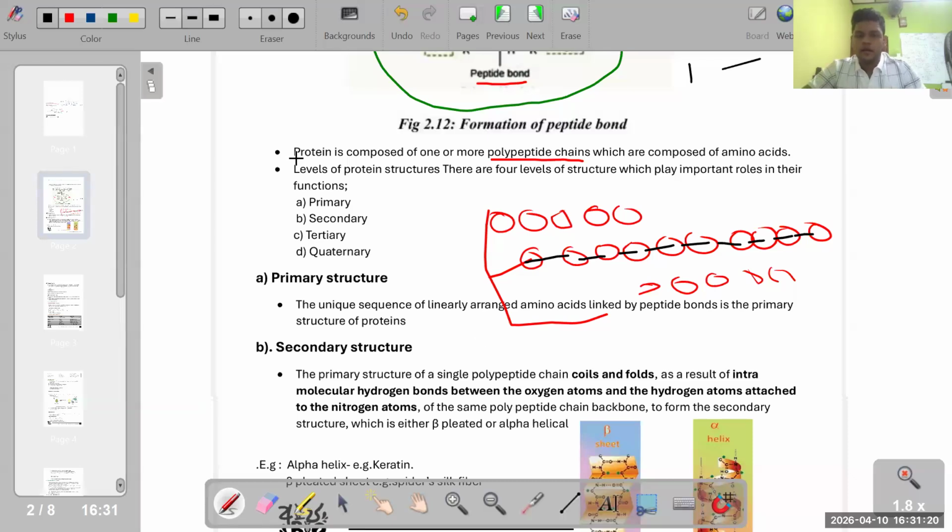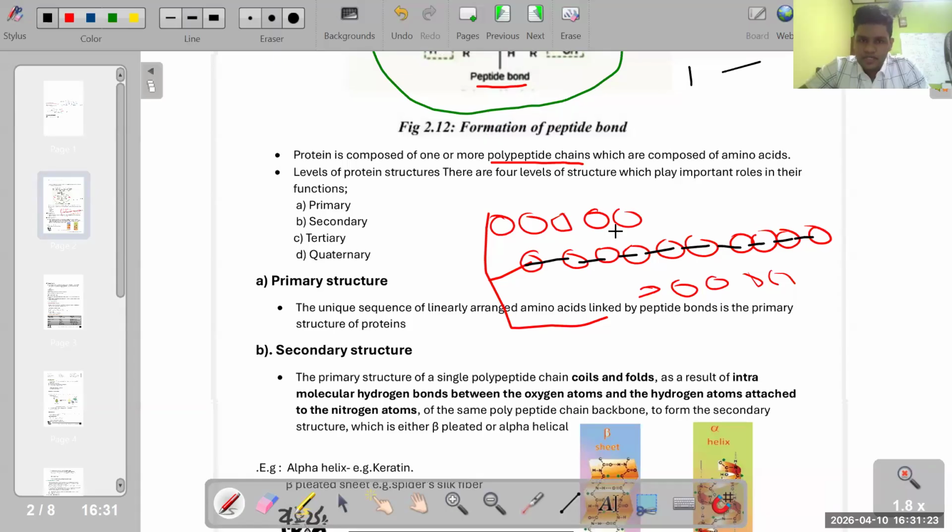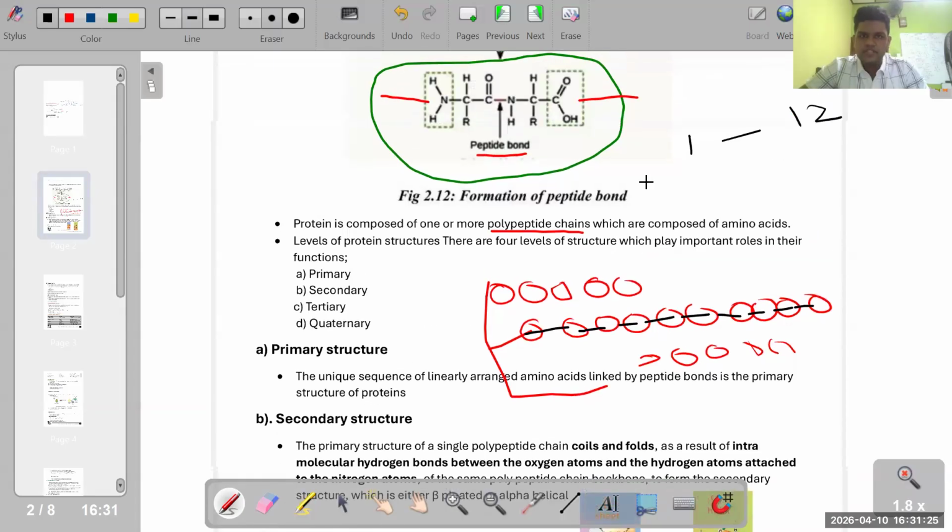Okay. Now, like in our school journey, where there are several stages. First, we'll be in kindergarten, then we'll go on to the junior school, then to the middle school, and then to the secondary school, which means the higher school. And then we'll go to the college and university. There are various stages, right?